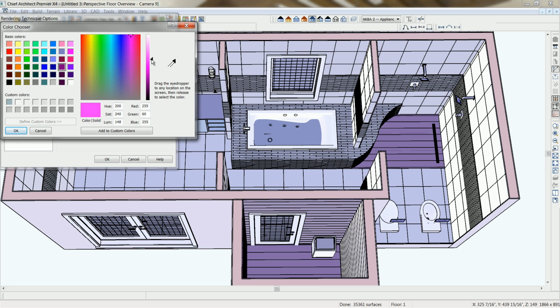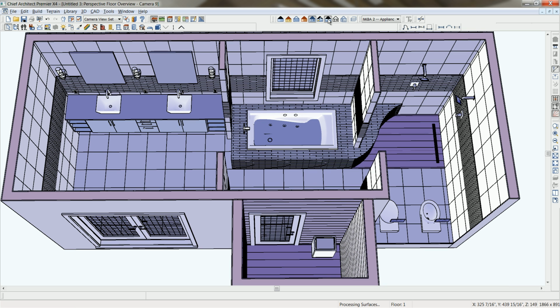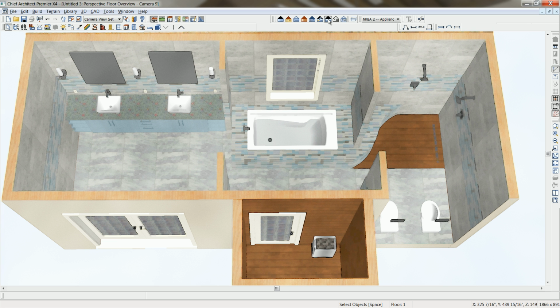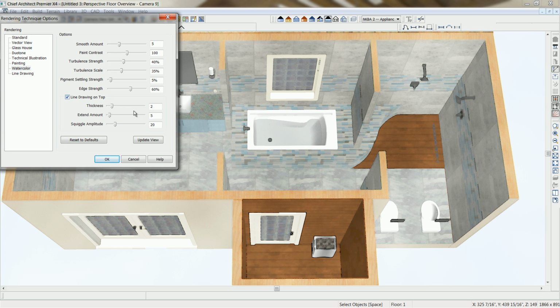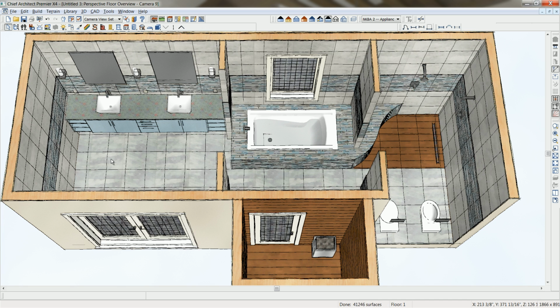Let's go ahead and set that to be a little more of a pink view. That probably won't look very good, but it gives you the idea of how that works. You'll find a watercolor view and a line drawing view, and these are just filters that you can apply to your rendering. Sometimes it's nice to have more of an artistic rendering so that you can show these to your clients. Let's put line drawing on top of the watercolor. Some of these views take a little bit longer to generate, but it is nice to have the different options. Then you can save those off and provide those to your clients, put them on your website, and